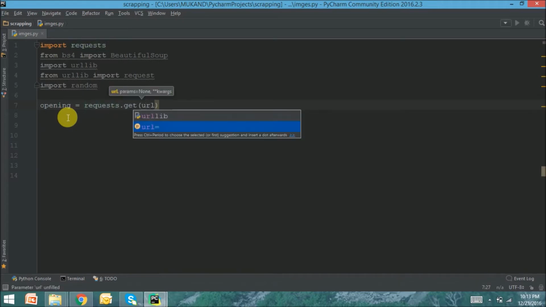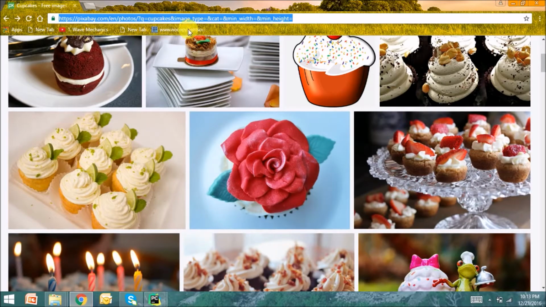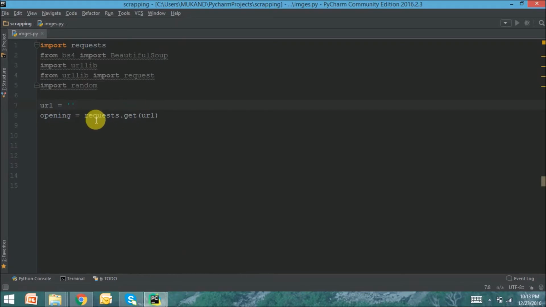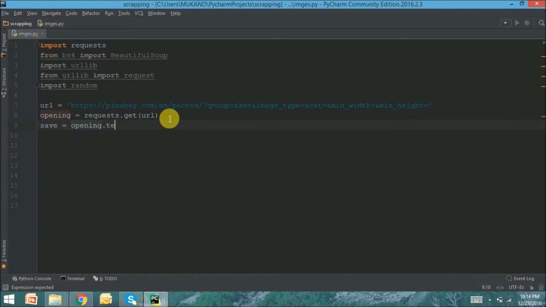Let's create a variable named URL in which we'll just save the link. In this case, the link is right here. Okay, now we've got the link, the URL, and we need to save all the information in a text document. So for that, let's create a variable named save